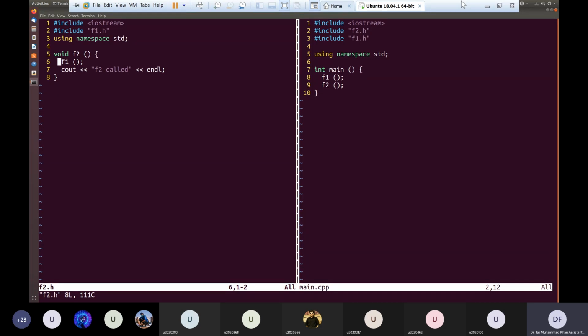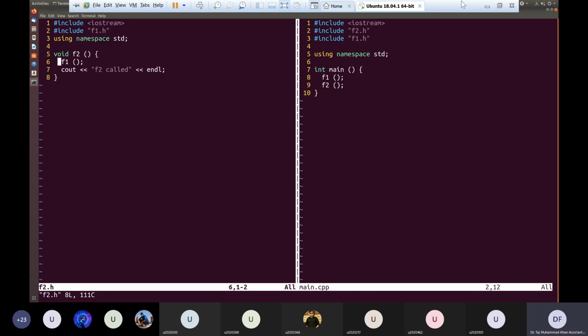And on line number 3, we are again including F1.h, which is bringing the definition of F1 in main again. So F1 is being defined twice in main. One definition is coming from F2.h because it is including F1.h, and one because we are directly including F1.h.